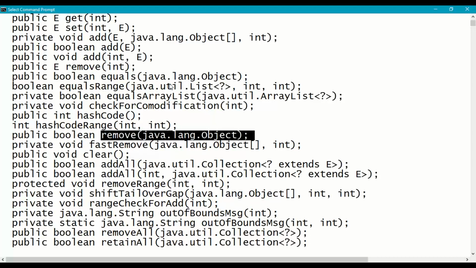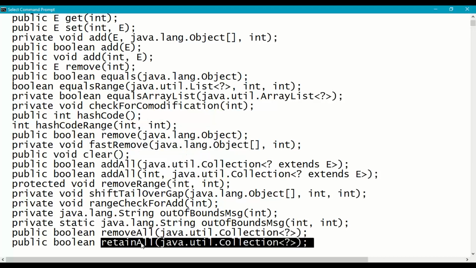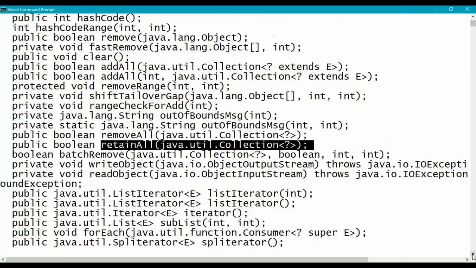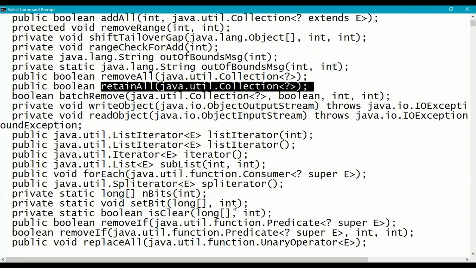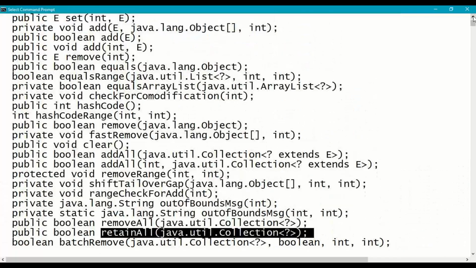Here we are going to see different methods like clear, addAll, removeAll, retainAll. These methods we are going to see and demonstrate with a program. So these are some important methods which are supposed to be worked with ArrayList.